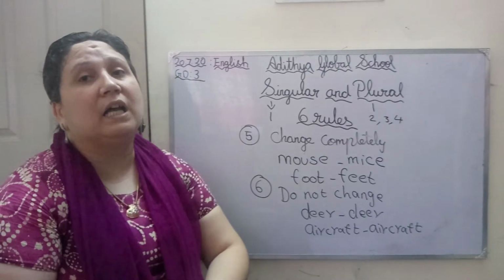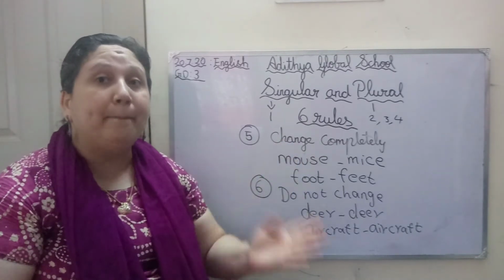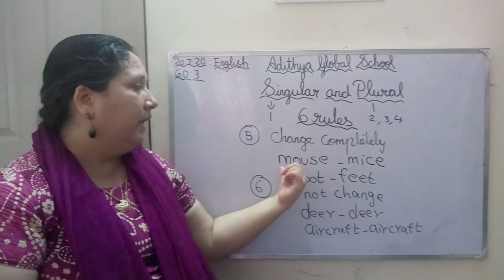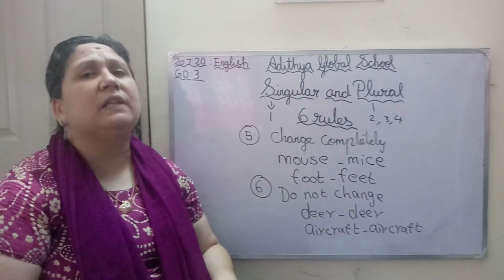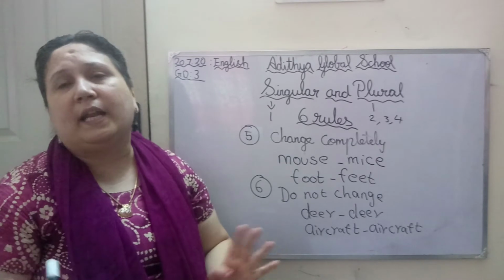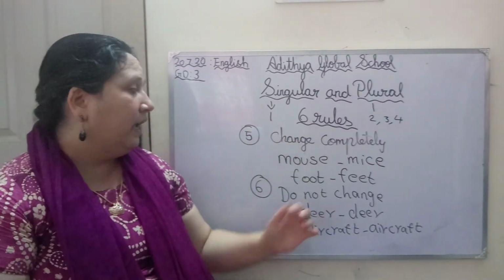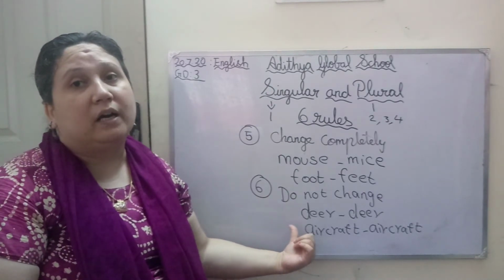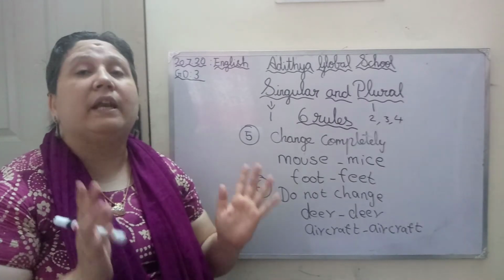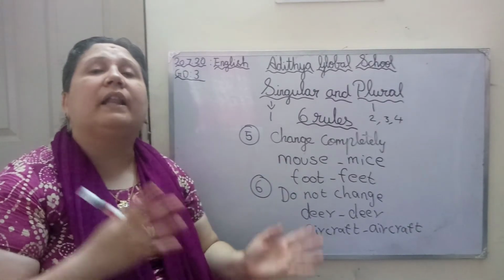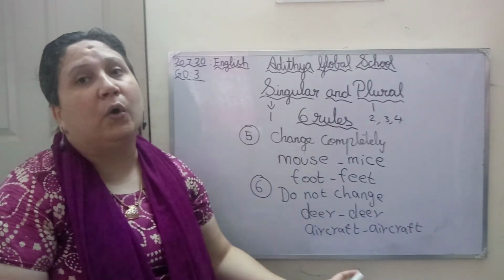So what are the last 2 rules we saw? We saw that some change completely, fully they change over, like mouse and mice and foot and feet. There's a full change. There's no adding of ies or ves and all that. And the 6th, the last rule, is some do not change. They remain the same in singular and they remain the same in plural. Like deer and deer. Okay. I hope